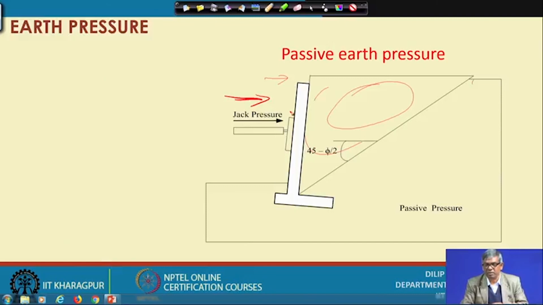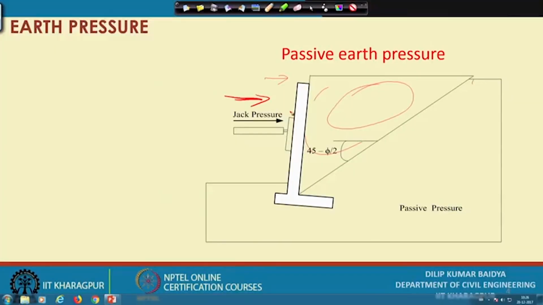If you apply more than that, then the wall may fail or collapse. So that is the end where it actually reaches the maximum value, and that is called passive pressure. If I see the corresponding Mohr circle for this, you can see here,